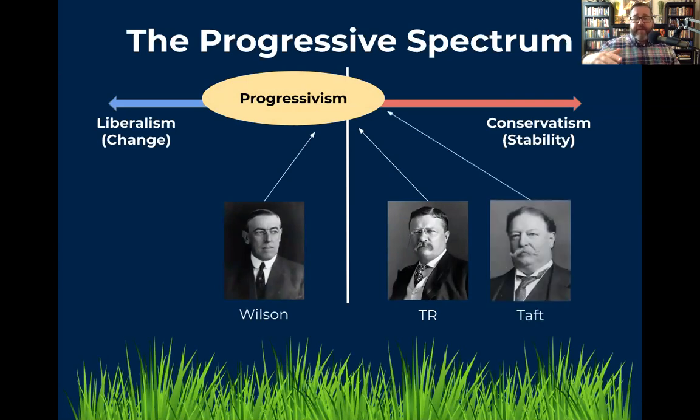Taft, the successor to Teddy Roosevelt, is going to lean a little bit more on the outskirts of that progressivism. Remember when Teddy Roosevelt left office and deemed Taft to be his heir apparent, Taft went back to the old ways of crony capitalism and corruption, and Teddy Roosevelt disagreed vehemently with Taft on this issue, so much so that he broke away from the Republican Party and started that third party, the Bull Moose Party, in the election